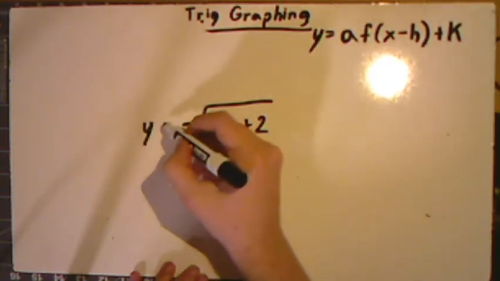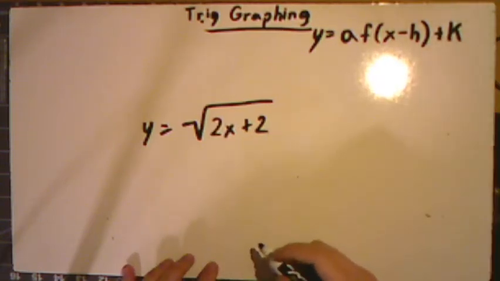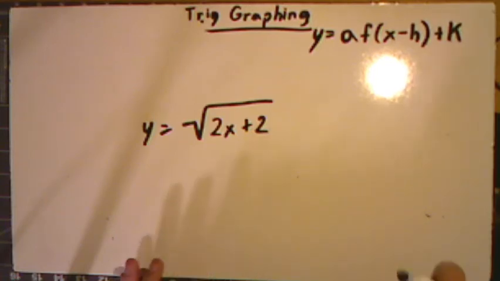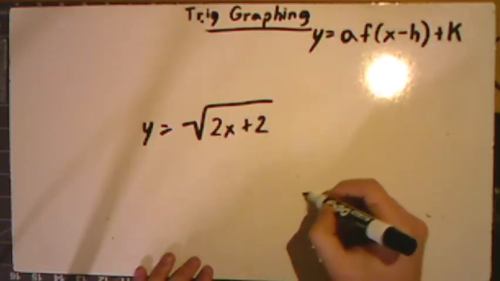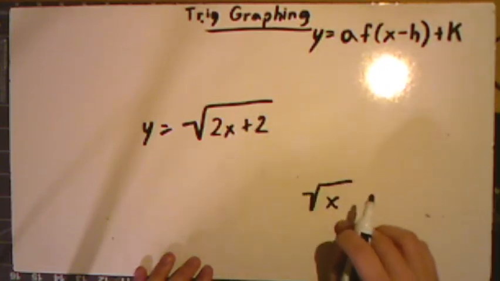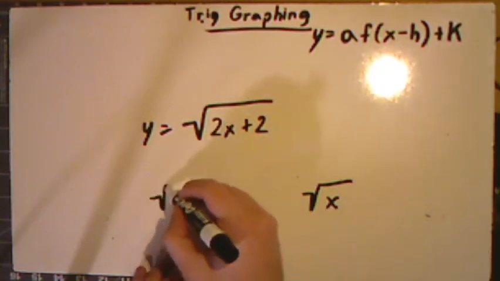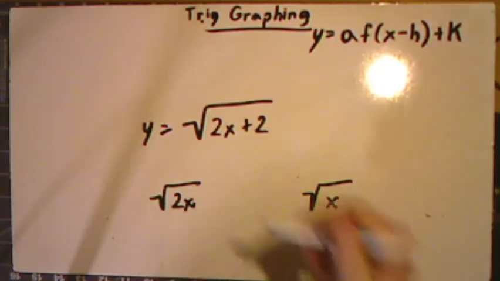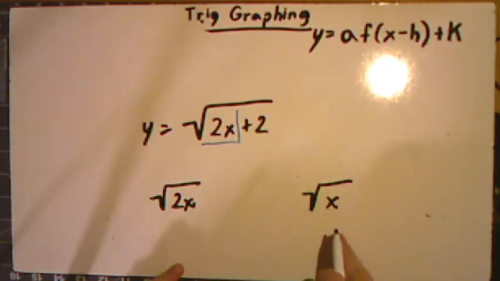Now this is our function, and we want to find our a, h, and k value, as well as the actual function. So immediately we might take the assumption that, well, of course it must be the square root of x, because that's the only x value there. Or you might also think that it is the square root of 2x, because that is the value and we can't really change that. So if you believe that it was a square root of x, that is actually correct,